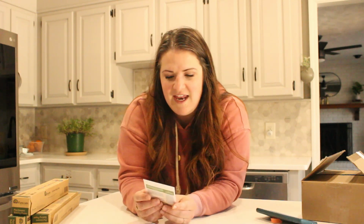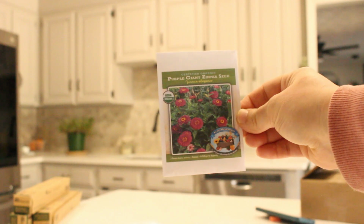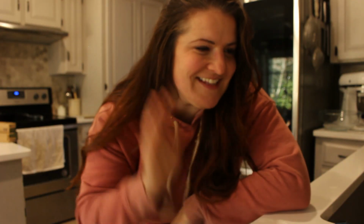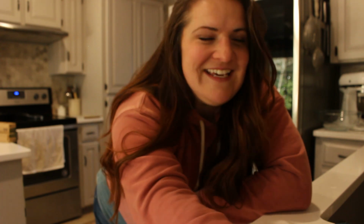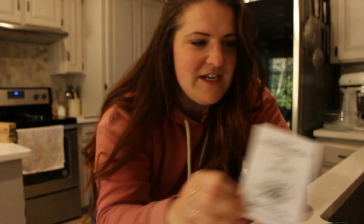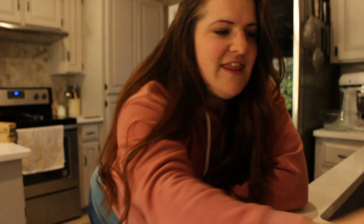But the ones that I did get were purple giant zinnia seed. Okay, so sorry, slight change of scenery. I have to get this done before my children come in there. Whew, things going on outside where I'm just not even looking. Anyway, so purple, what was it? Echinacea, purple echinacea. Got that, and then